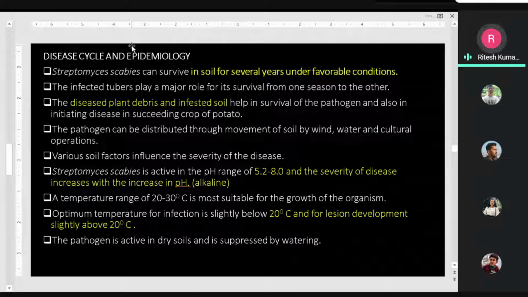Similarly, talking about powdery scab, they can survive through their resting spores in the soil and on the infected tubers themselves. So the temperature requirement differs. In case of Streptomyces, the optimum temperature for multiplication is in the range of 20 to 30 degrees Celsius. But in case of powdery scab, they are favored by low soil temperature, 10 to 15 degrees Celsius. And when that 10 to 15 degrees Celsius of soil temperature is accompanied with high soil